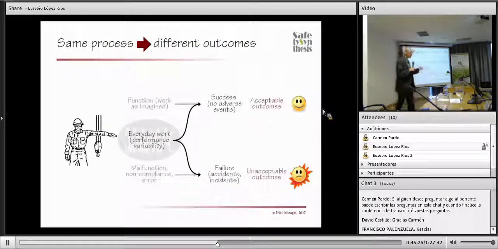So this gives a different view of safety. We still have the acceptable outcomes, and we have the unacceptable outcomes. But now we understand that they come from the same behavior. They come from the performance variability. They come from the adjustments that people make to work. And this has an interesting consequence,